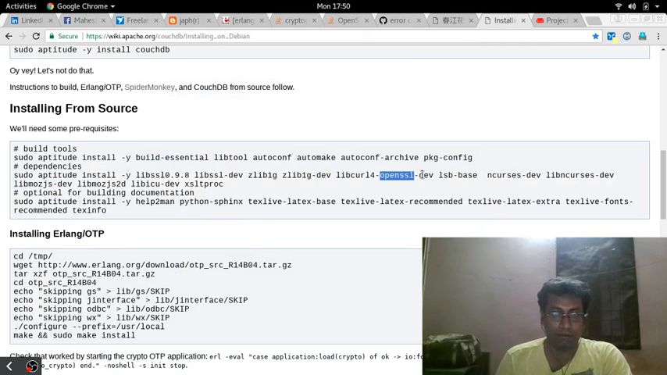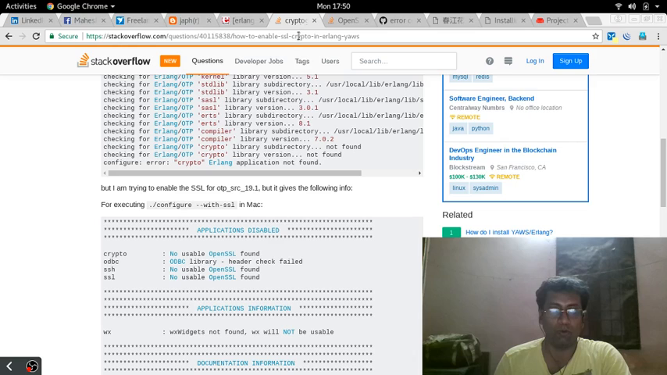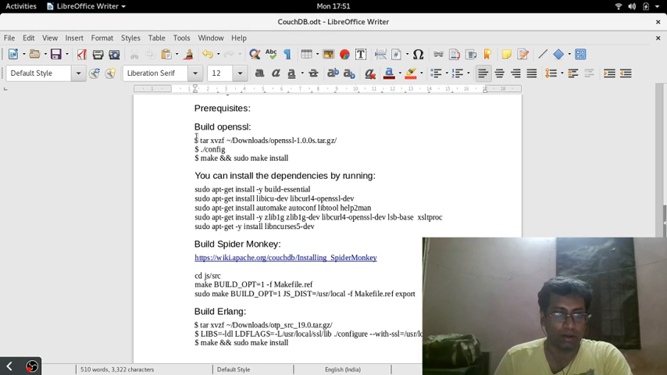the OpenSSL that is bundled in the package manager also won't work, because for some reason Erlang doesn't find them, and you would get an error stating no usable OpenSSL found. To work around that, we will directly compile OpenSSL from source, run ./config, and again